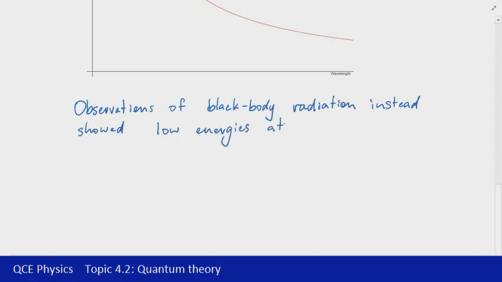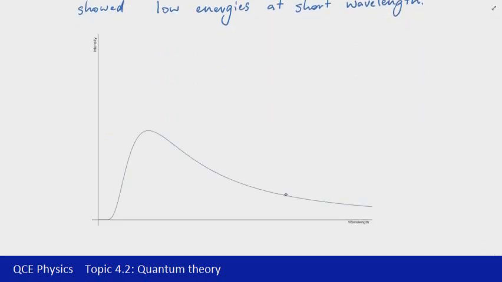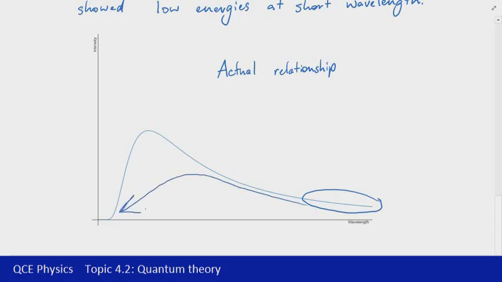So we'll have a look at what that means graphically and look at the discrepancies between the prediction and the actual observations. So this is the actual observation, or at least a representation of the relationship that was observed. You can see on this graph that at longer wavelengths, the energy was fairly close to the predicted value. However, as the wavelength got shorter, the energy actually decreased down to 0 for shorter wavelengths. So instead of increasing up to a maximum at shorter wavelengths, there was a decrease in the energy being radiated